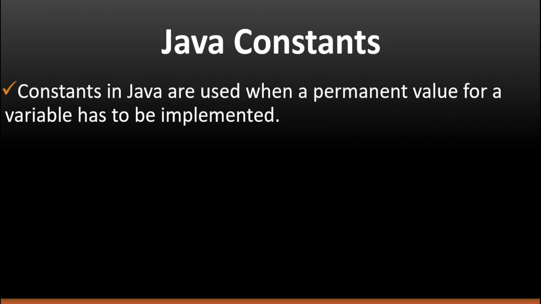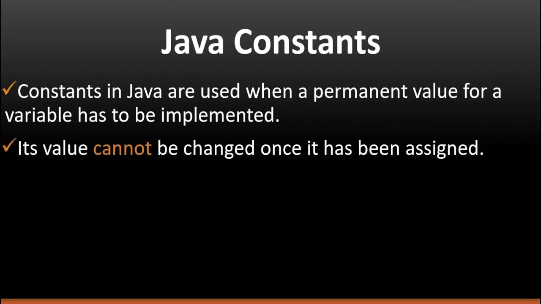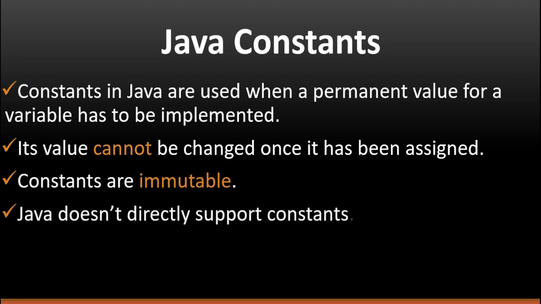Java constants. Constants are nothing but a variable whose value cannot be changed. So if you want to use any value which you don't want to change further, you can go for Java constants. For example, the Math PI value. That is never going to change. And if I want to use that value at several places, I can declare a constant and use that. Constants are immutable, that is, you cannot change the value once you assign it. That means if you reassign a value to a constant, you are going to get an error.